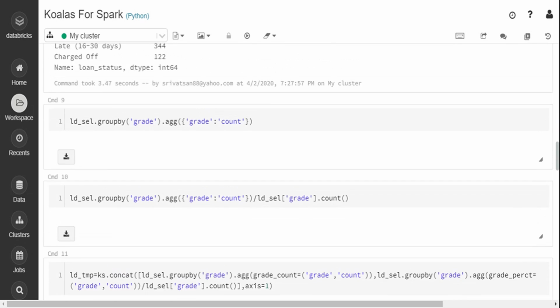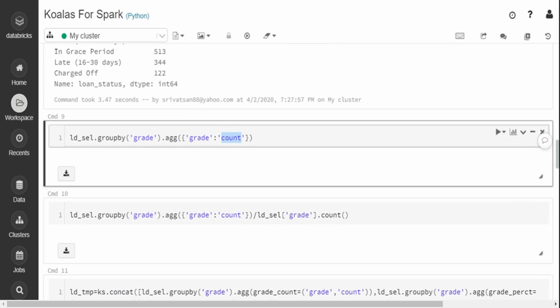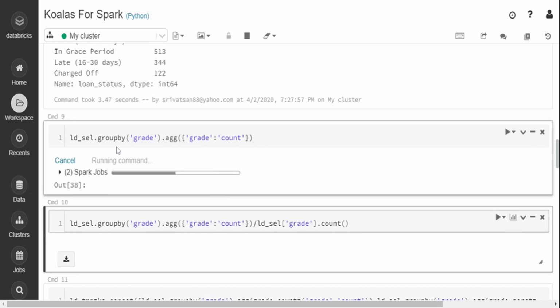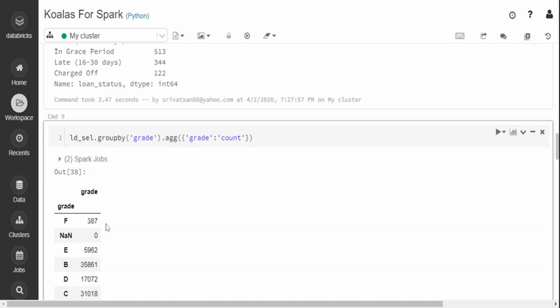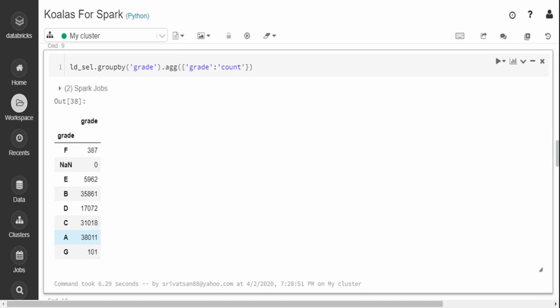And what I'm doing is grouping by grade and getting the count of values in each grade. So how many accounts are there in each grade? That's what I'm doing. And again, if you're running Pandas, it's the same command. So this will give you the different grades that are available: A grade, B grade, multiple grades of account, and in each grade, how many accounts there are.